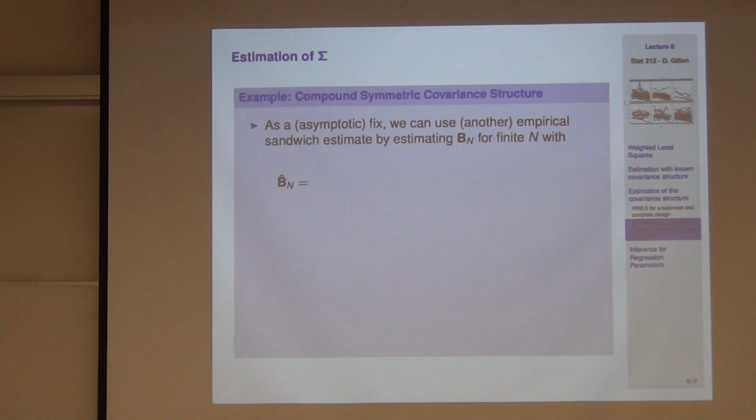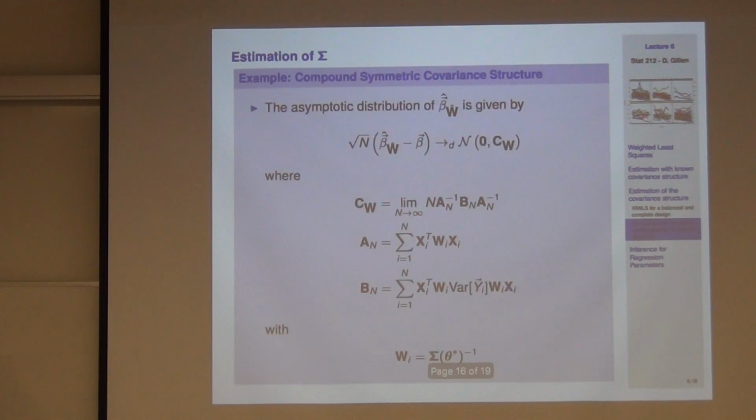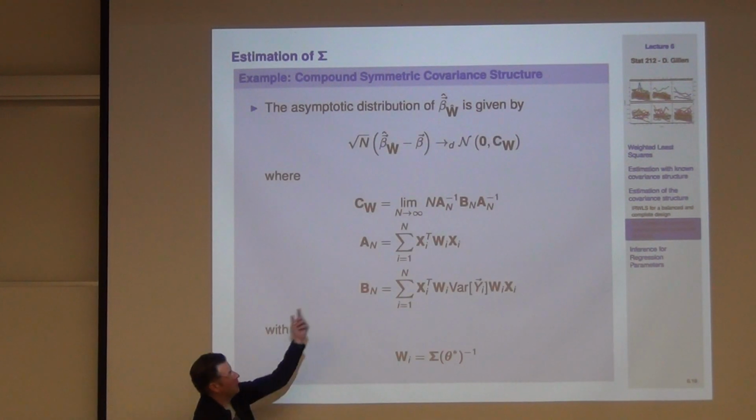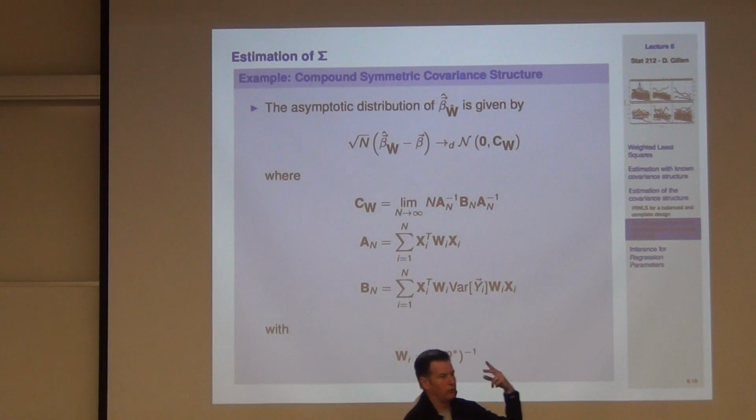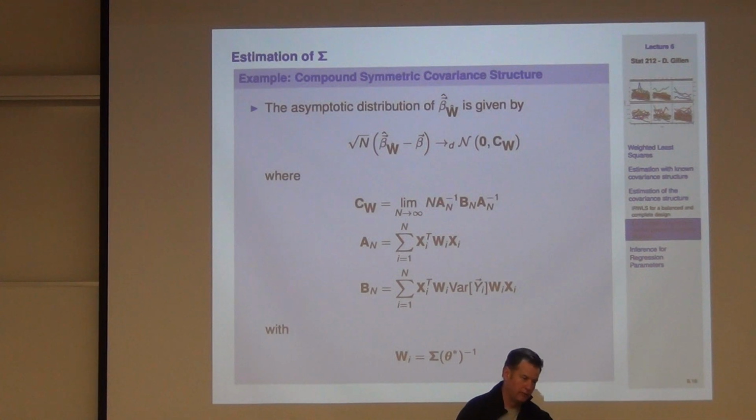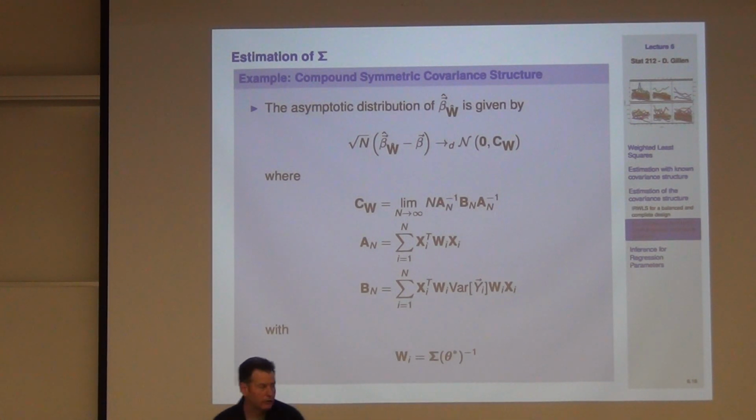Good. Well, the big issue for us, we know this result. We can write down this result. Again, by the way, we have proven this result twice now. We did it once in 211 with the Lindeberg-Feller. We did it here with Huber-White. This is just a multivariate version of this.